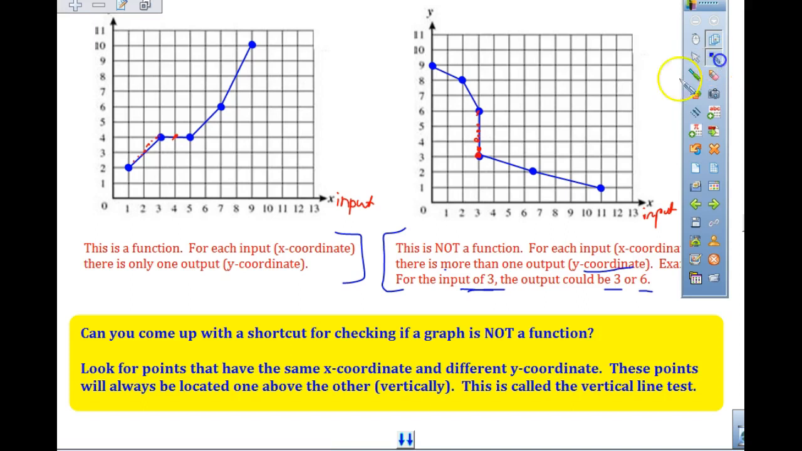So when we're thinking of a shortcut, I know it's kind of long what they had, but it says, look at the points that have the same x-coordinate. And the key thing is, if the points are located on a vertical line, so anytime the points are located on a vertical line, it is not a function. Vertical line, not a function. It doesn't matter where that vertical line is, anytime I have a vertical line,